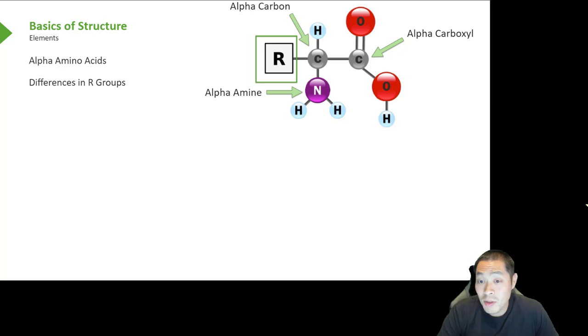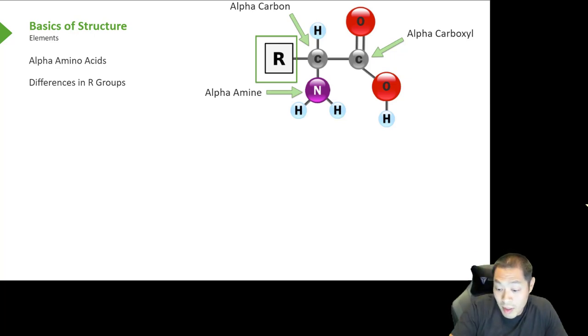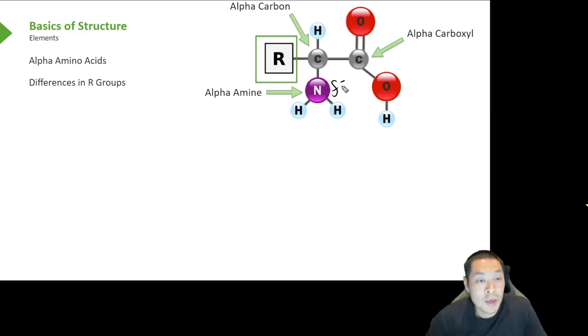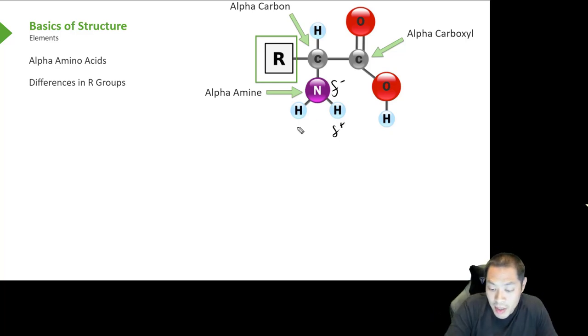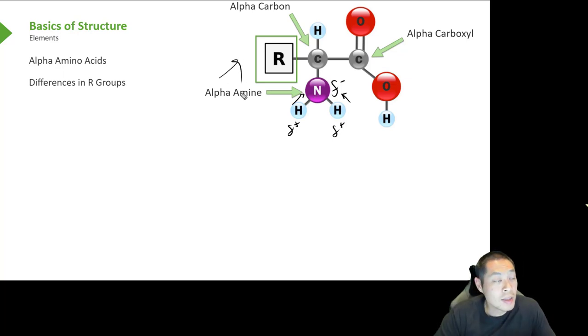So amine is also something that's very electronegative. So nitrogen, sulfur, and oxygen are all going to be electronegative. So that means it's going to act very similarly. They can pull electrons towards the electronegative atom. And then you have the R group. So these are the things that are going to be similar and different between all amino acids. So when we look at an example,